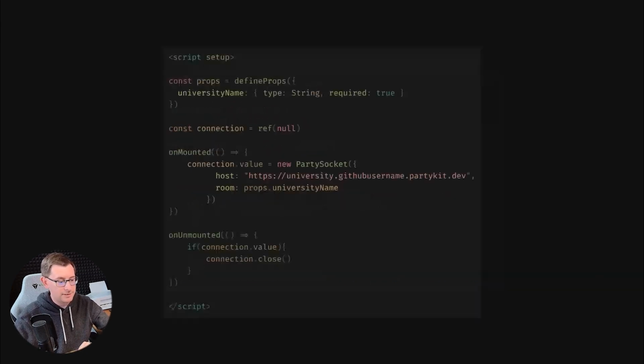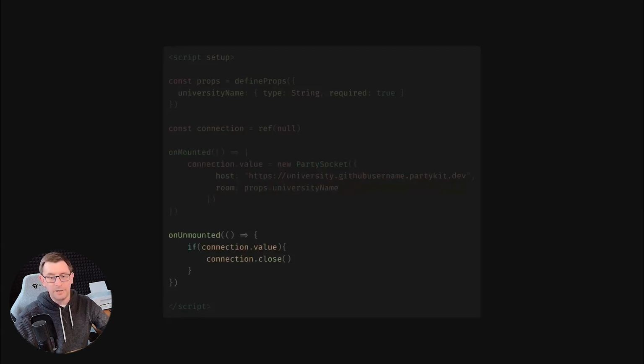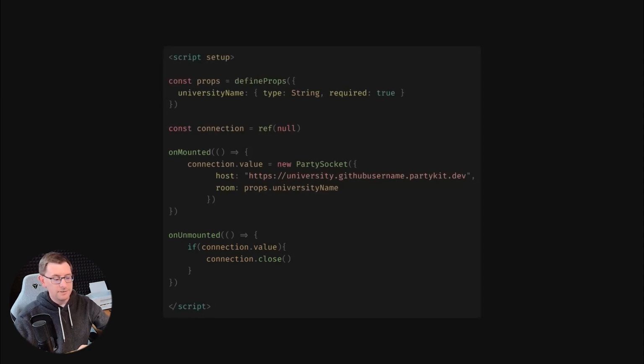And this isn't restricted to just plain JavaScript. Here's an example doing this exact same thing inside of a Vue component. So the Vue component accepts props for universityName as a required string. onMounted, because we don't want to do this during server-side rendering, right? We don't want to have a WebSocket connection opened during server-side rendering. So we say onMounted, when the component is available in the client, we create that new PartySocket connection to our host with our room, which is props.universityName. And because we like to clean up after ourselves, when we unmount, we close that connection down. So yes, this code does not include what it takes to listen to messages, what it takes to broadcast messages back and forth,